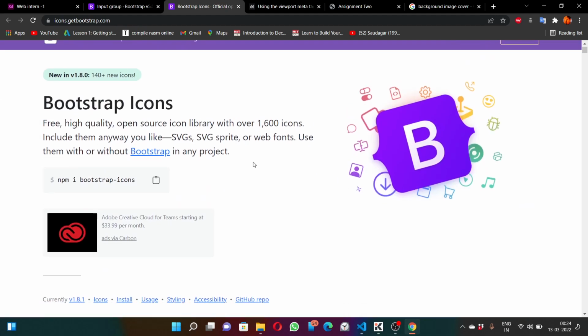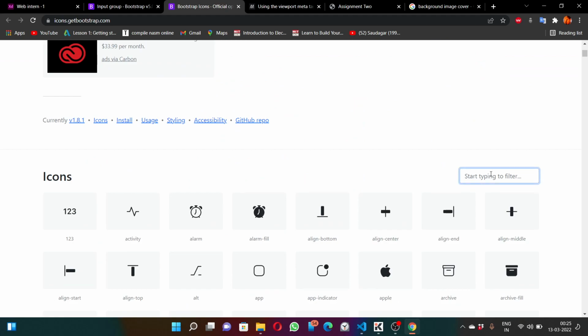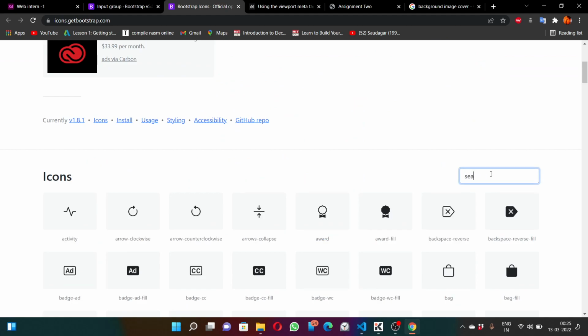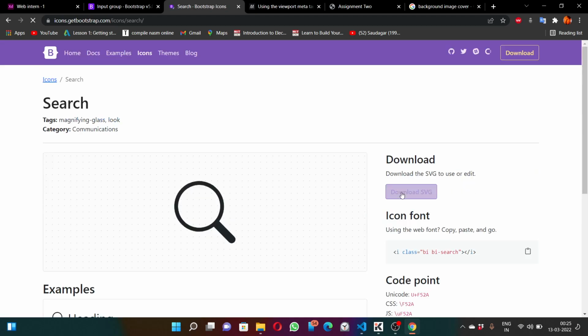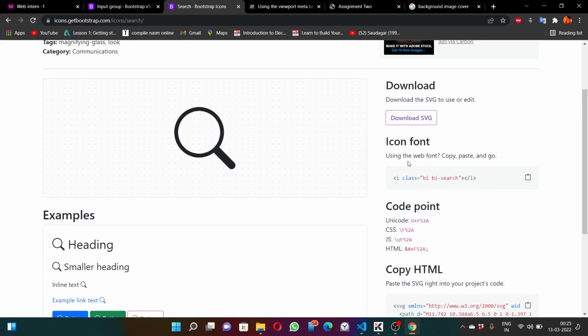I need to find it. So search here. Search, yes, we got it here. And simply copy it using the web font. Copy this, paste it. Copy it and go to your